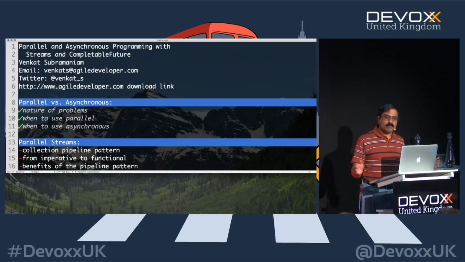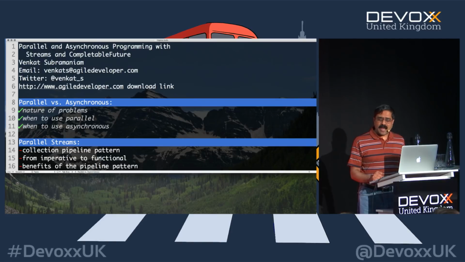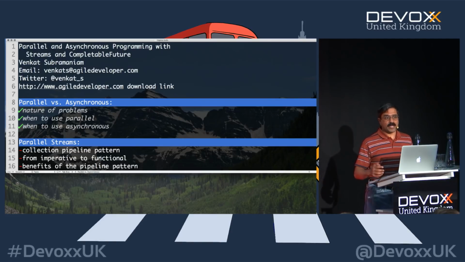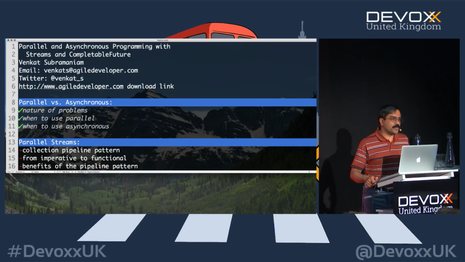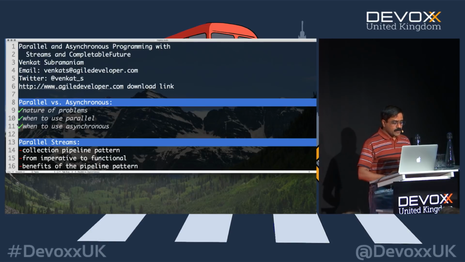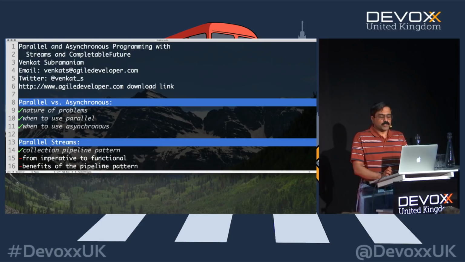So for the first 90 minutes that we have on our hands approximately, we'll talk about parallel streams, dig into details of when to use it, how to use it, and talk about some of the variations with it. I don't really have any examples for you to try right now because we've got a lot of stuff to cover, but I encourage you to take notes along the way. If you do have any questions, I'll be more than happy to dive into them. Or if you say, hey, let's explore some other aspects of it, I'll be more than happy to go into that as well, so we can do that accordingly. So let's talk, in general, about streams to begin with.